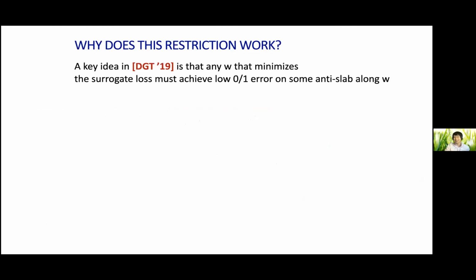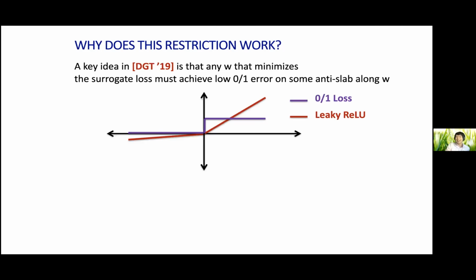So the mystery is why does setting up that optimization problem work? In this part, the idea is definitely related to the idea in this previous paper by DGT. What they figured out is that something good happens if you use the leaky-ReLU loss in the Massart noise problem. If you just do M-estimation with the leaky-ReLU loss, you don't get a good predictor W, because that would contradict the no-go theorem. But you get one that's actually good on some anti-slab, the complement of a slab, so regions where the dot product of W and X is large.